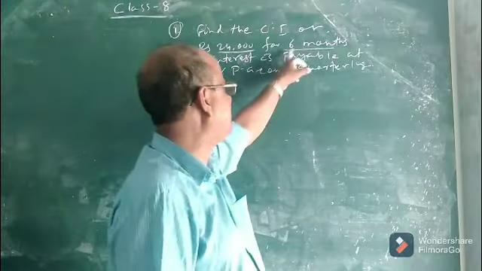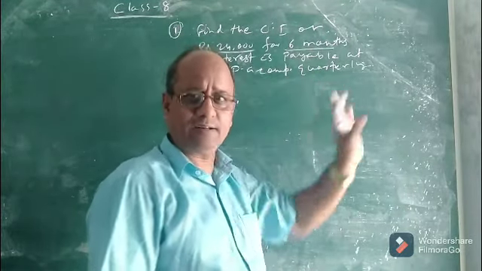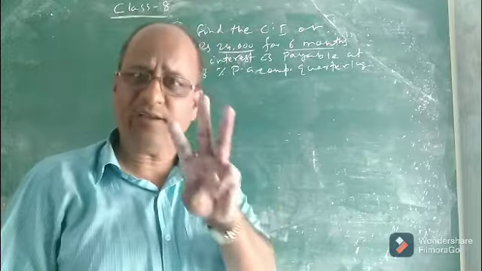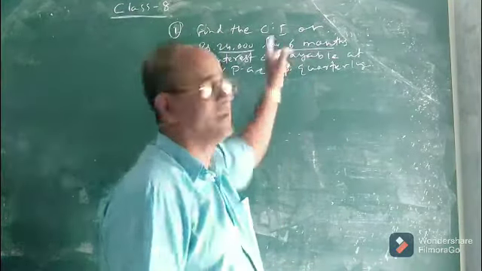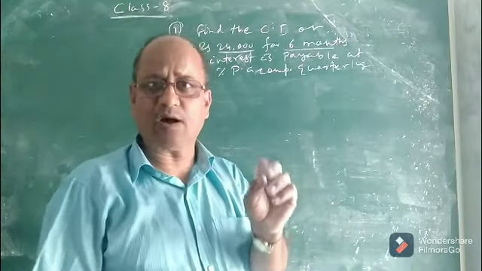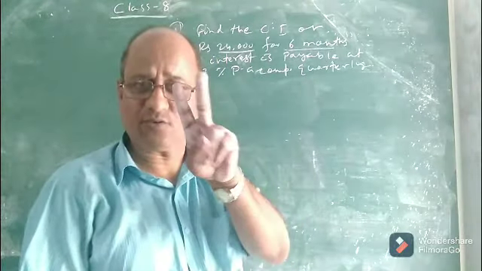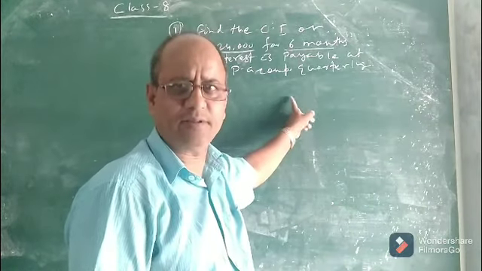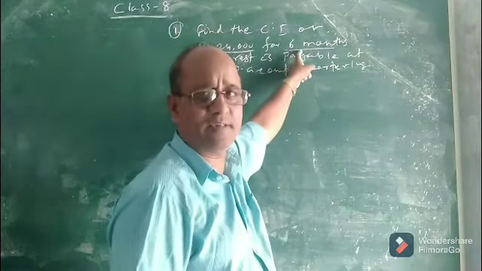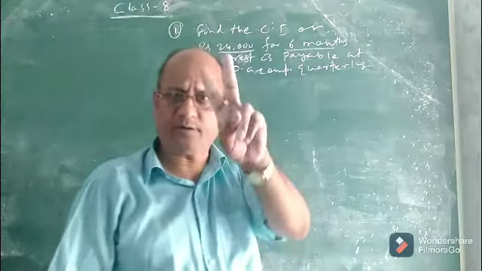As the time period is 6 months and interest is compounded quarterly, meaning in every 3 months, definitely the conversion period will be 6 divided by 3, that is 2. Because in every 3 months the interest is compounded. Quarterly means in every 3 months. So the time period is 6 months, 6 months by 3 months, it will be 2.